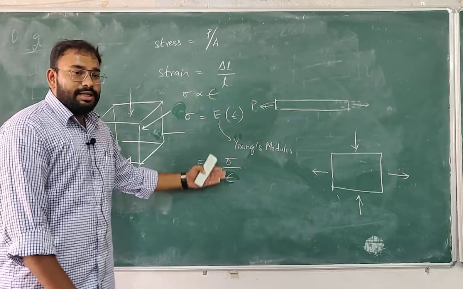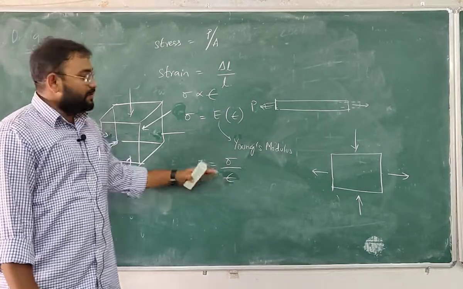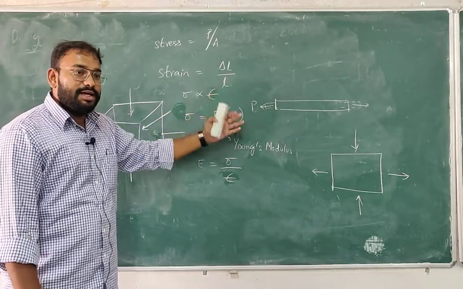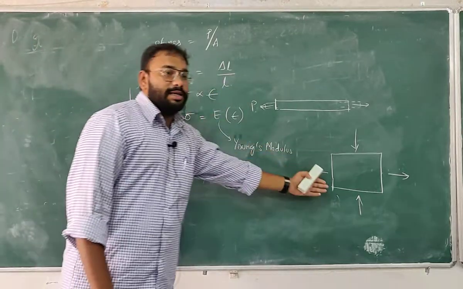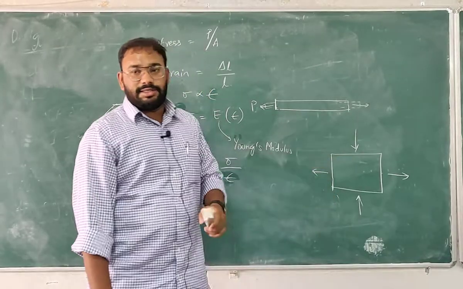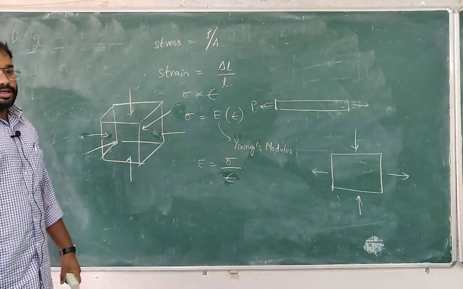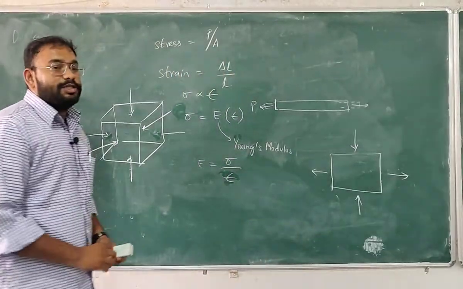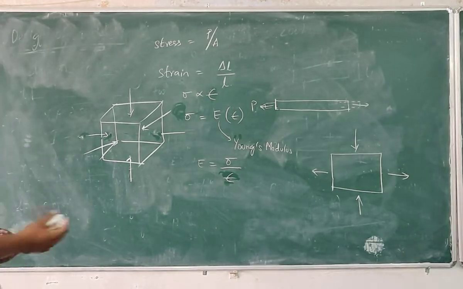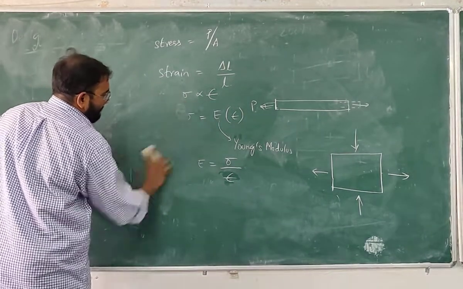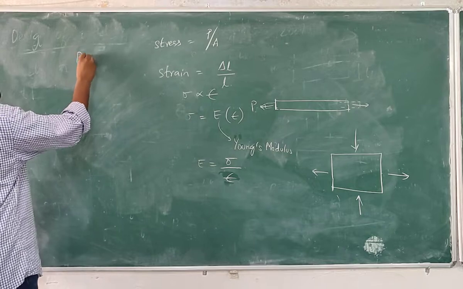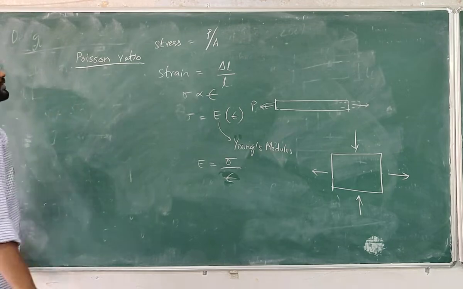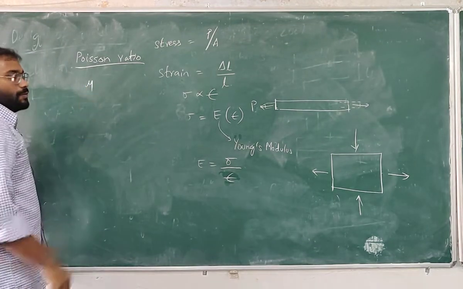What we have done is a one-dimensional stress strain system, in which you have only one-dimensional loading, in either x, y or z. Suppose you have two-dimensional, this is a two-dimensional stress strain system. Now this is a three-dimensional stress strain system. So for this type of systems we need to define a ratio called Poisson's ratio. Poisson's ratio is denoted by mu.